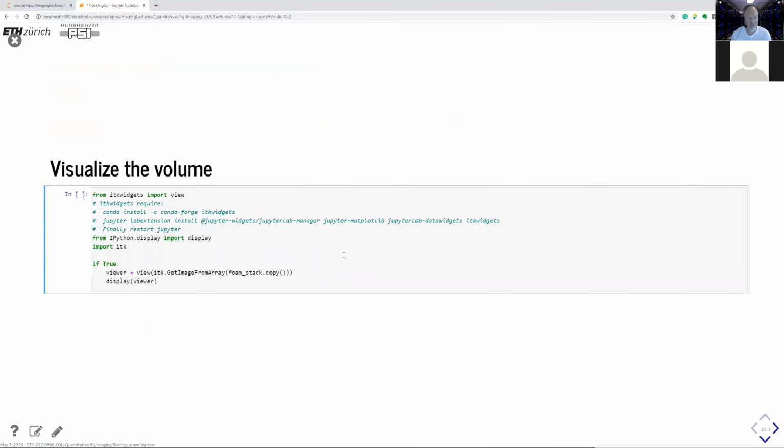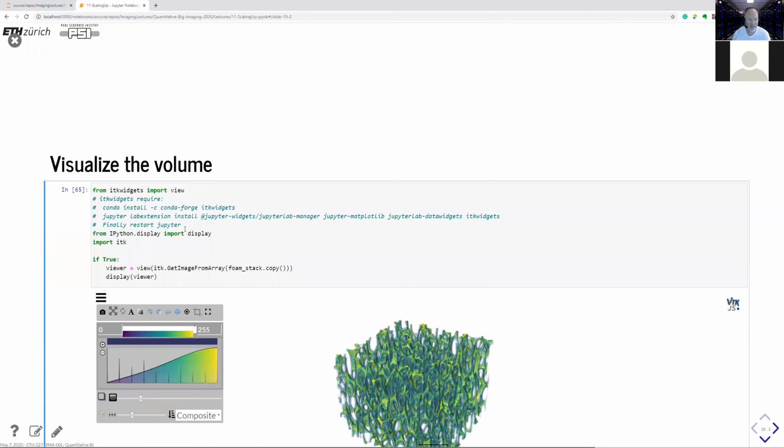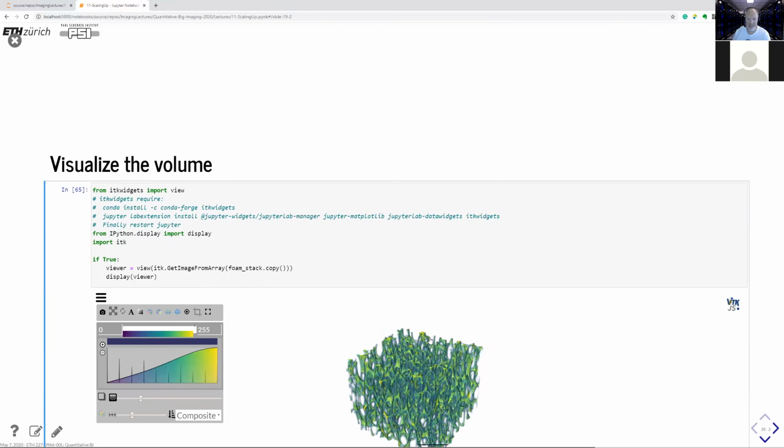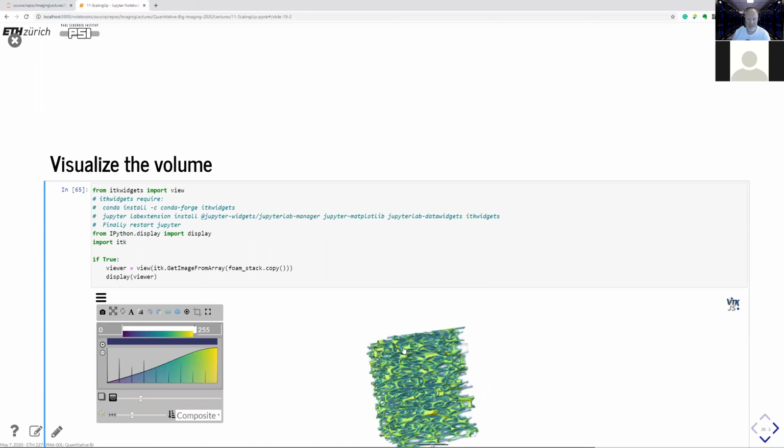We can also visualize the volume. And for doing this, I needed to install a new package. And here are the instructions you need to do. So you need to install ITK widgets. Then you have to tell Jupyter to use a couple of extensions. And after that, you need to restart Jupyter. Otherwise, it will not work. And running this, we have afterwards this nice volume rendering of the